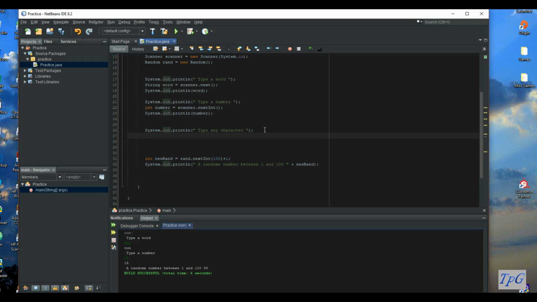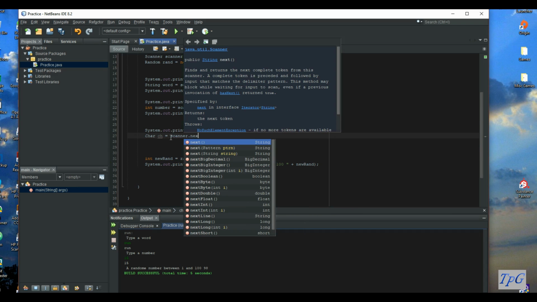Now we're going to do this very similar to the string. Very similar to the string, char, because we're looking for a character, and we're just going to call it ch for the time being. The way we're going to do that, similar to the string, is it's also going to be a scanner. We're also looking for next,